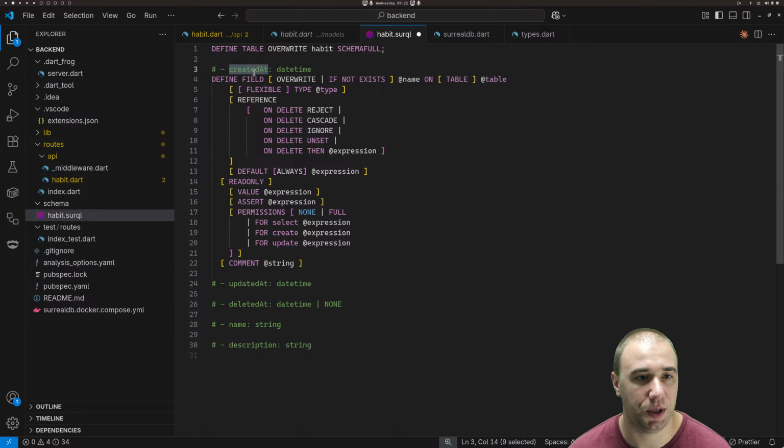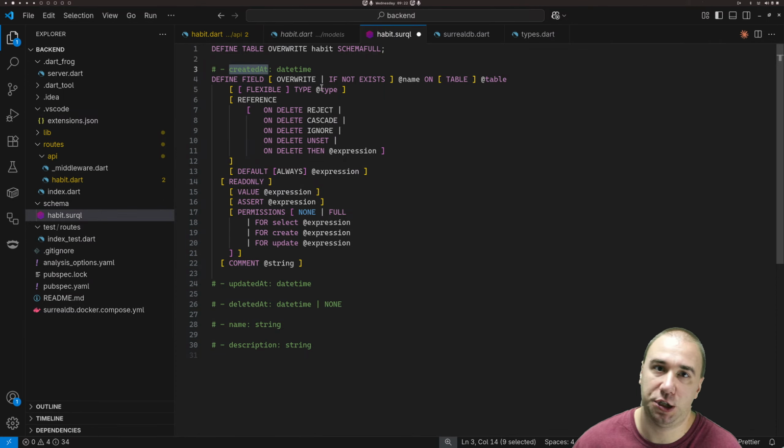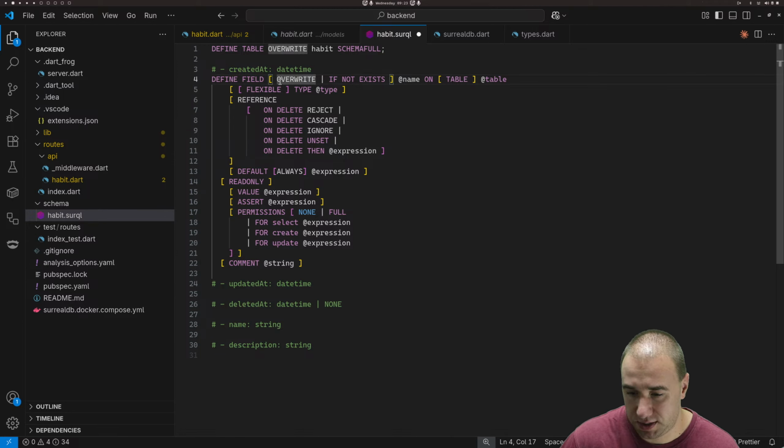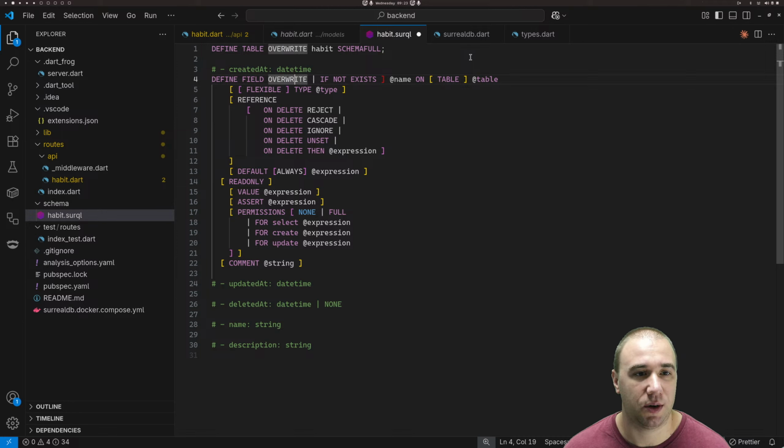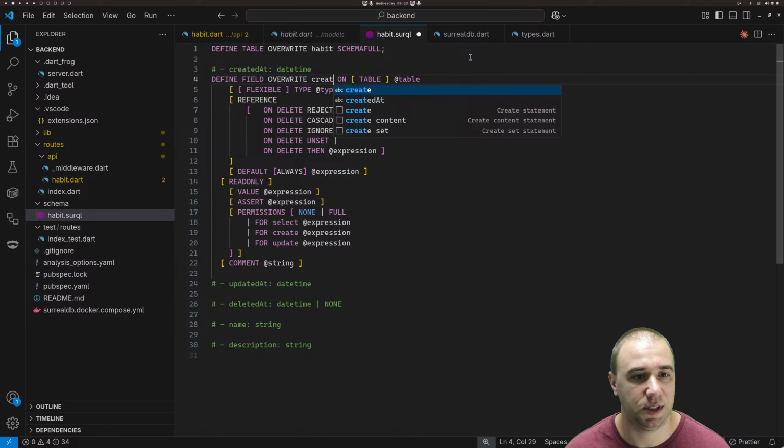So created at will be a field for when the object was created. In practice, we can let the database set it once and never update it, because the whole goal is that we just record when it was created, and that should never change, right? Because it's like bookkeeping. So in our case, let me just get rid of this, call it created at on